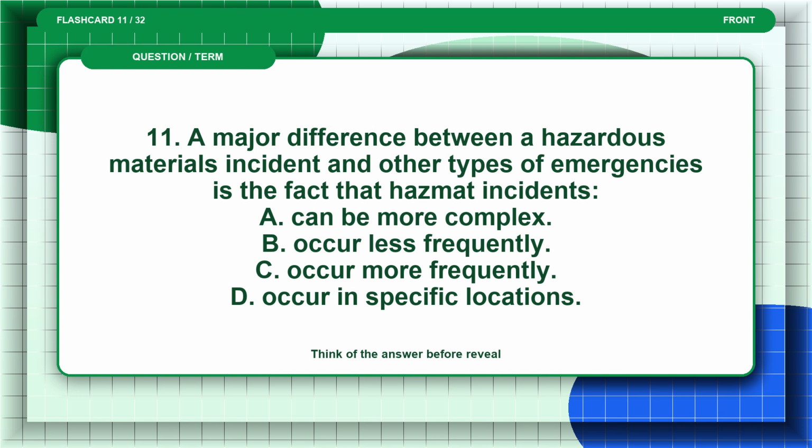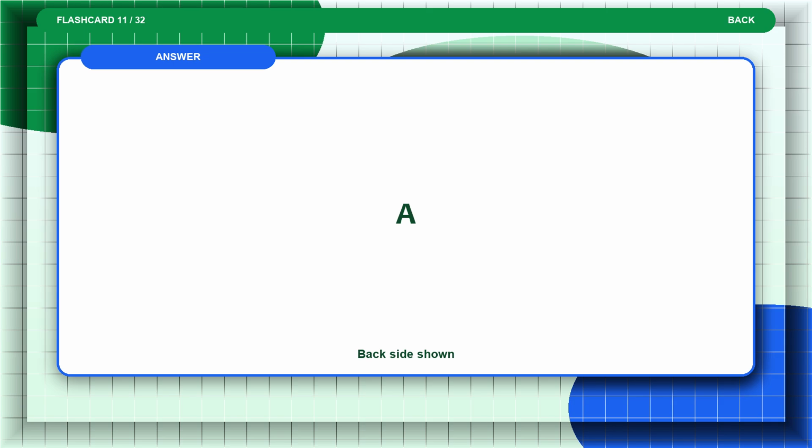Flashcard 11. A major difference between a hazardous materials incident and other types of emergencies is the fact that hazmat incidents: A. Can be more complex. B. Occur less frequently. C. Occur more frequently. D. Occur in specific locations. Think of the answer before the reveal. The answer is